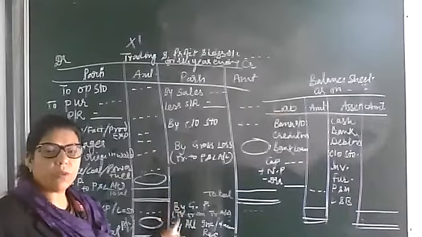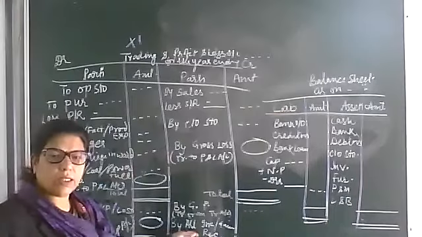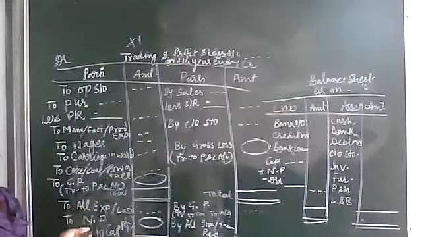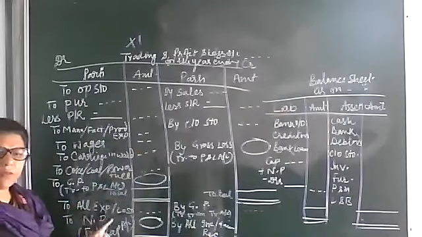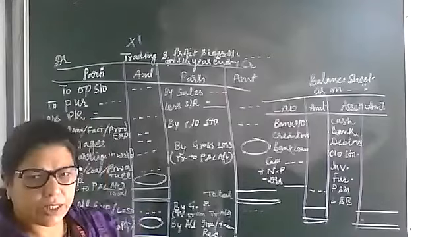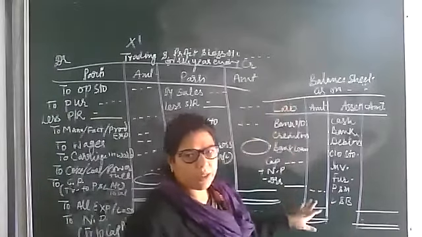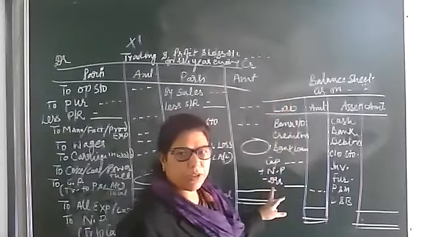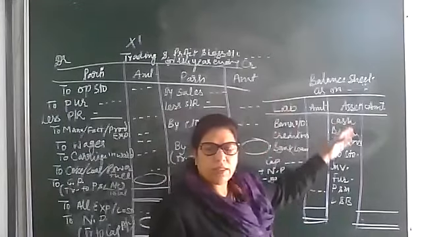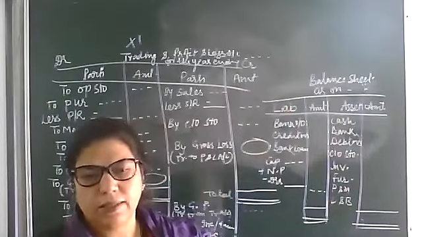Now from here, profit and loss account starts. So all income and gains are on the credit side, then all other expenditures and losses on this side. The balancing figure will be known as net profit, which is transferred to capital account. Very good. Now with the help of this net profit, we can make balance sheet. Capital plus net profit minus drawings, bank holding, creditors, loans, etc. here. Then this side is for assets: cash, bank, all assets.